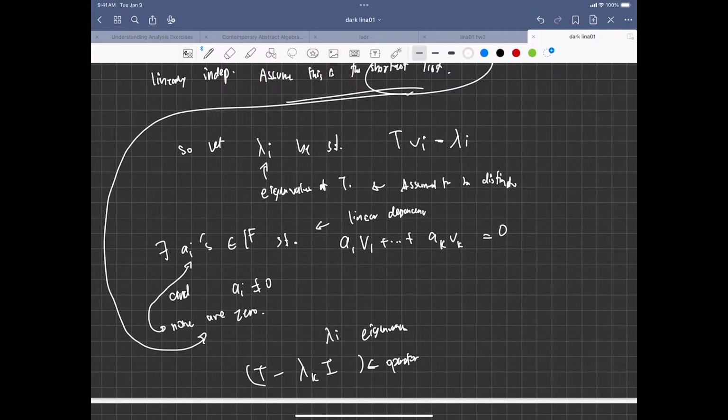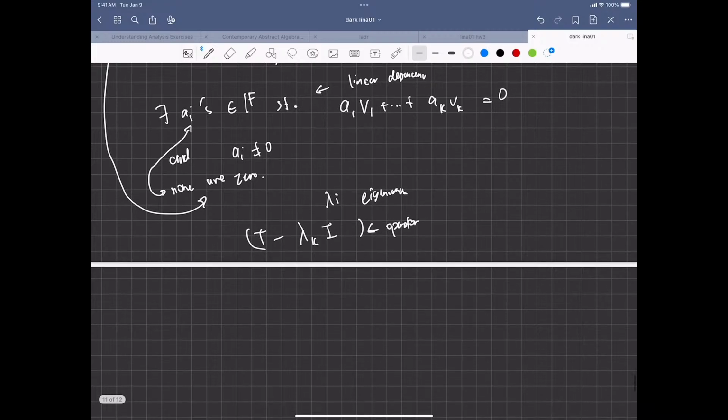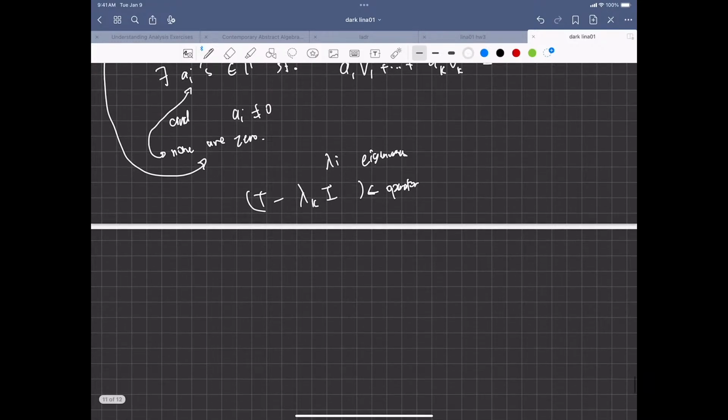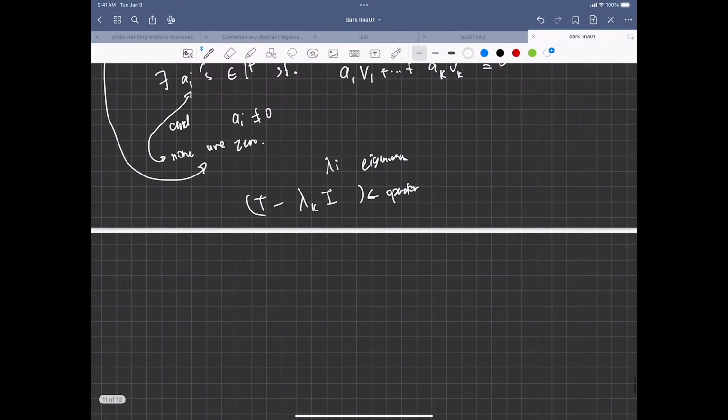So it turns out that none of these a's are 0, because this list is the shortest, which I've pointed out just now. Yeah, let me finish the proof first, then you can ask questions, okay? Okay, so if we apply this operator,